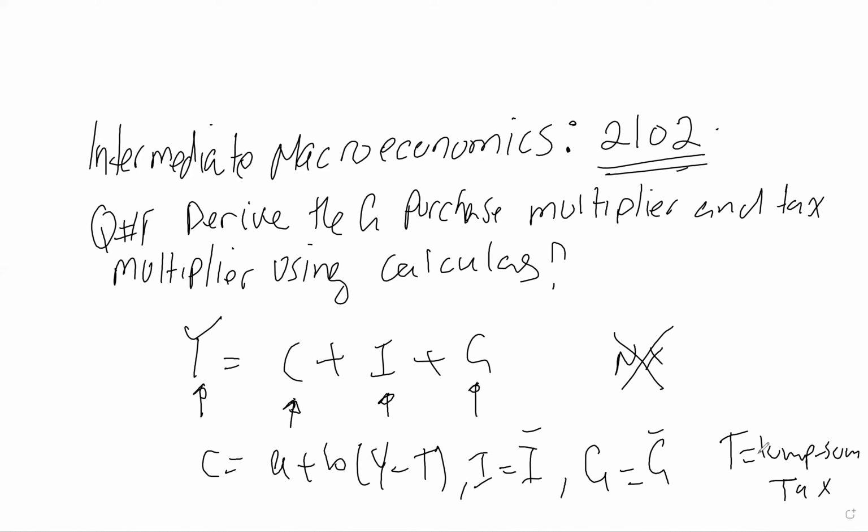So T is a lump sum tax. I'm going to write it again: consumption is represented by A plus B times Y minus T,